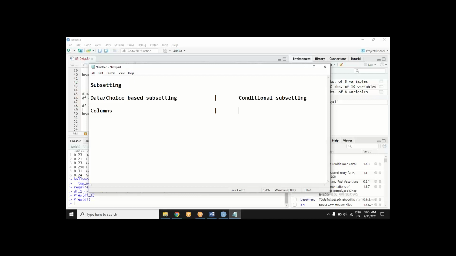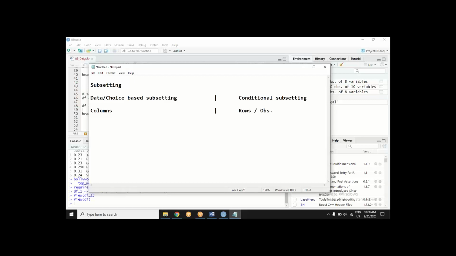We have seen which function already in the base package? So that's where condition based subsetting happens, on rows or observations.